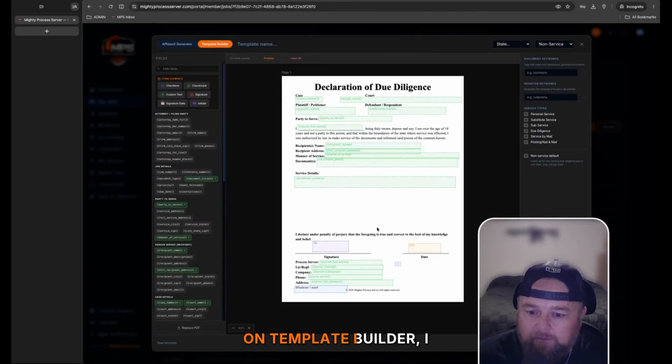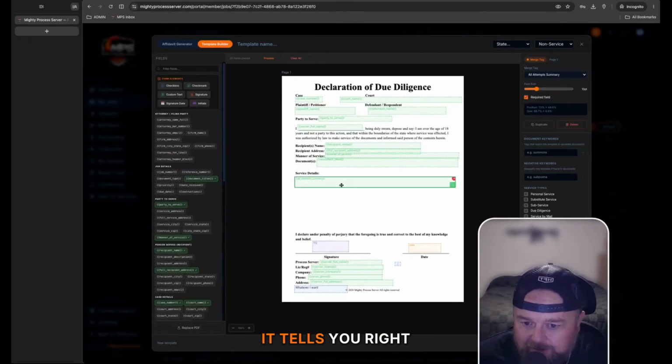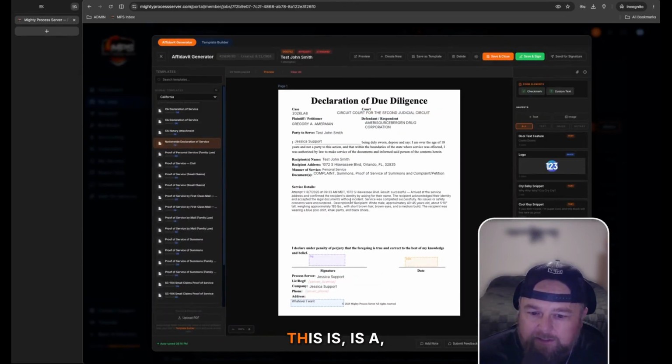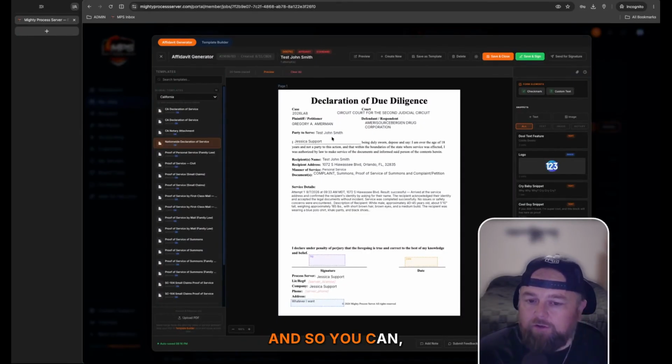See, if I click on template builder, I can see what data this is. It tells you right here. This is the attempt summary. So all the attempts are just summarized right here. It's a summary of the attempt that was made. And so you can go ahead and